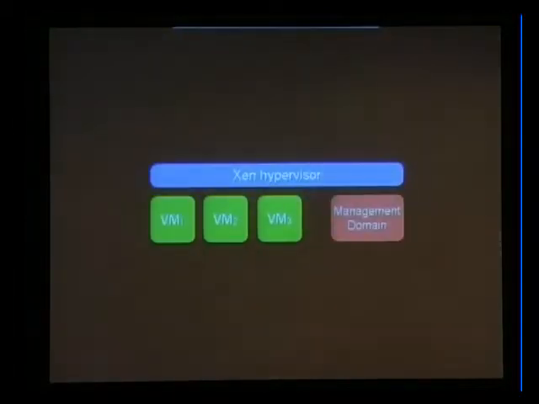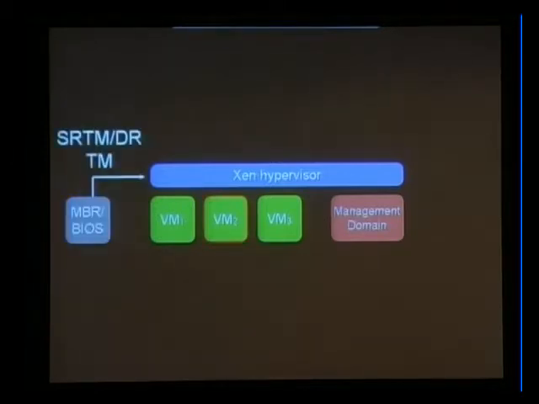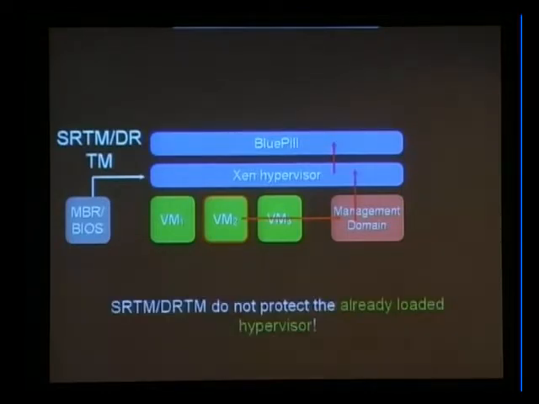If there is some backdoor or vulnerability inside a running hypervisor, then things like static root of trust or dynamic root of trust will not help. So you see the situation when we have the original MBR. For example, it is controlled by a TPM module, so we are sure that the MBR is intact and all the boot process is good. But if we have some vulnerabilities in the management domain and, for example, in the Xen hypervisor, then